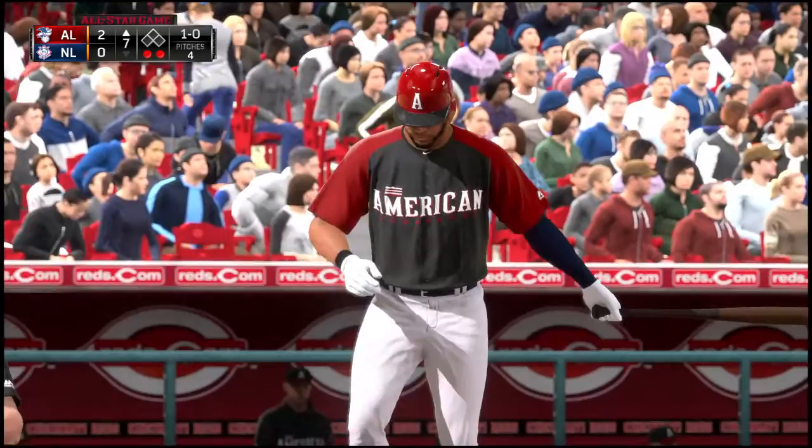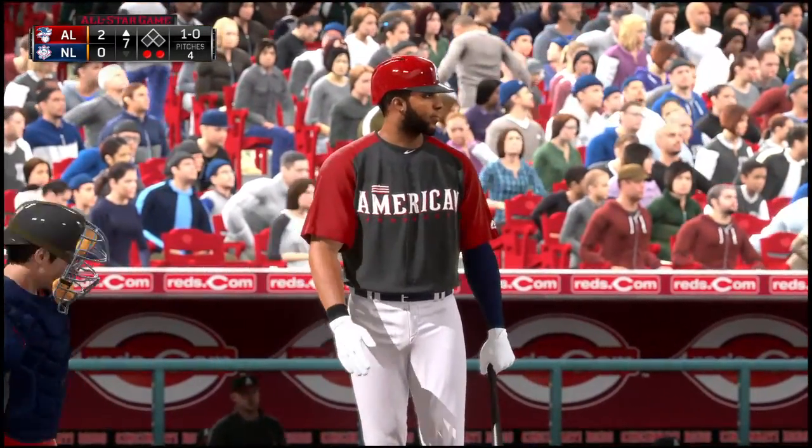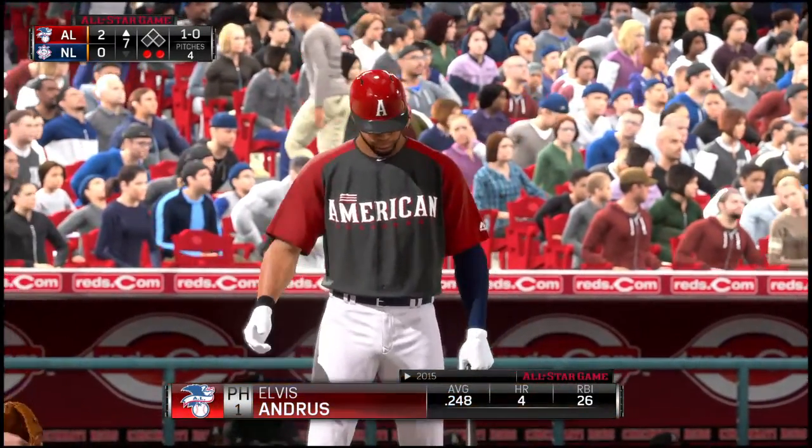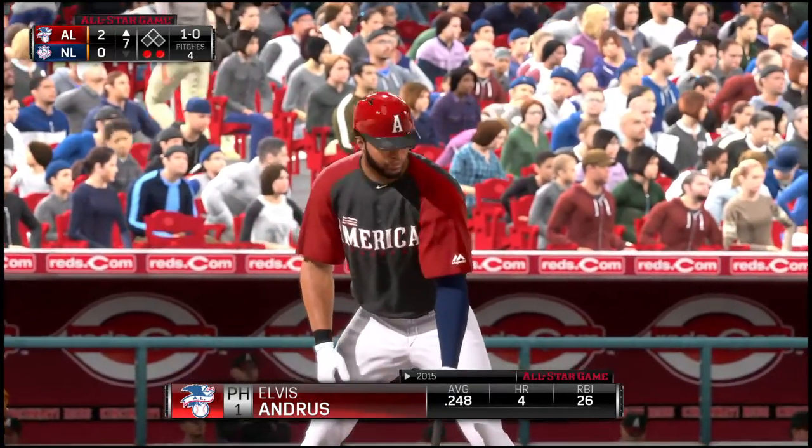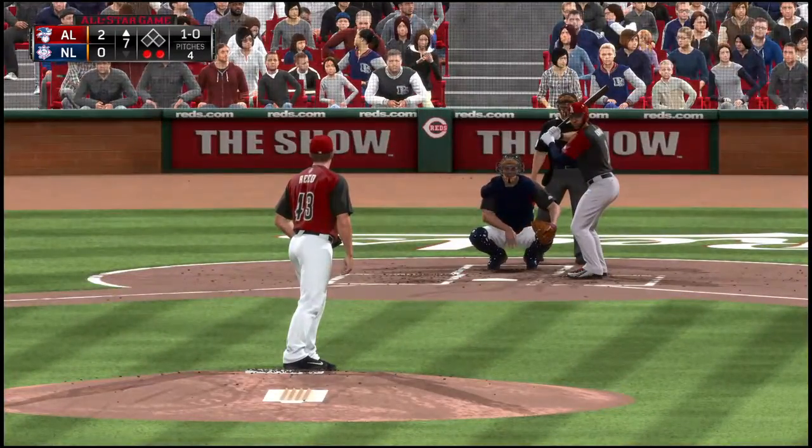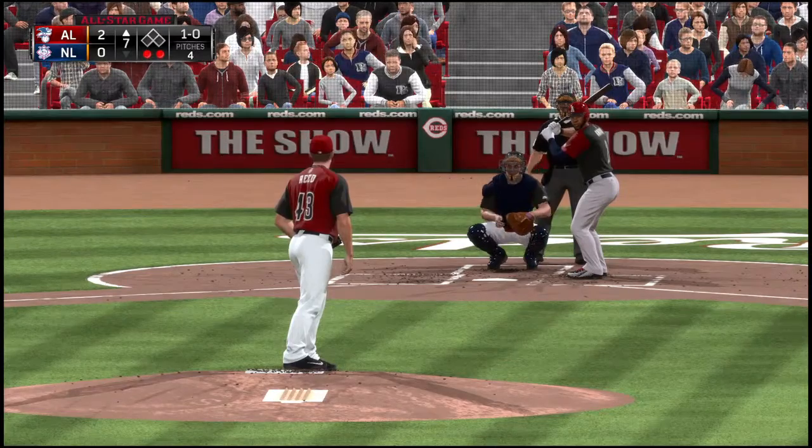And that's inside for a ball. 1-0. Bases are empty here with 2 men out.